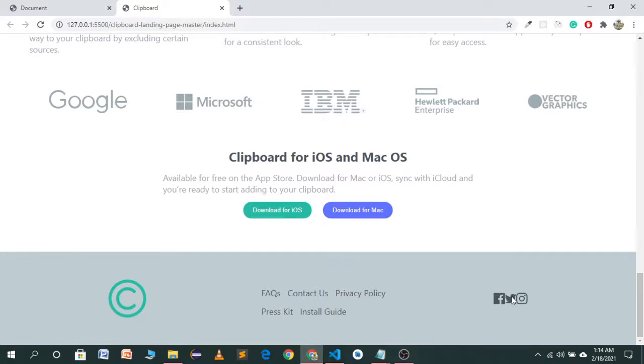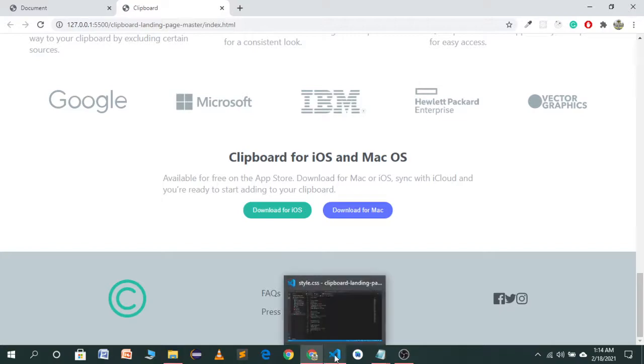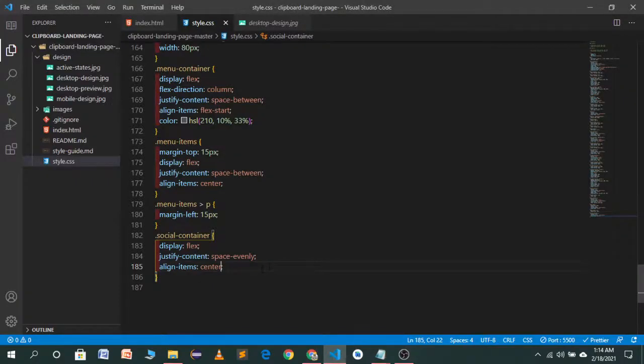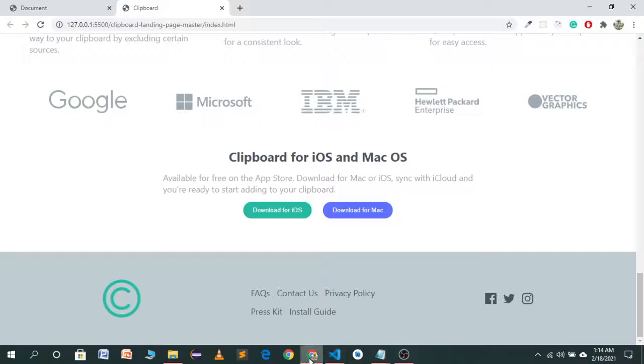Now we have to target the images and give them a margin. In this social container, target image and give it a margin left of 15 pixels. Let's see. Now these are looking beautiful.